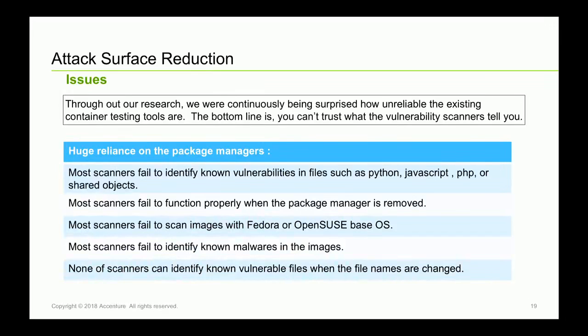And if you have malware in your image, you'd think they would pull some hash from VirusTotal or something to assess it. No, they don't. They really just rely on the package manager and OVAL definitions. Now let me tell you how you can be a talented hacker in the world of containers. Just change the file name. All of them fail to detect it. Seriously, I'm not kidding. It is that sad. Basically, this is the problem, right? The way these container testing tools work is very simple and naive, and there are a lot of ways to bypass them. I'm sure the bad guys figured that out too.